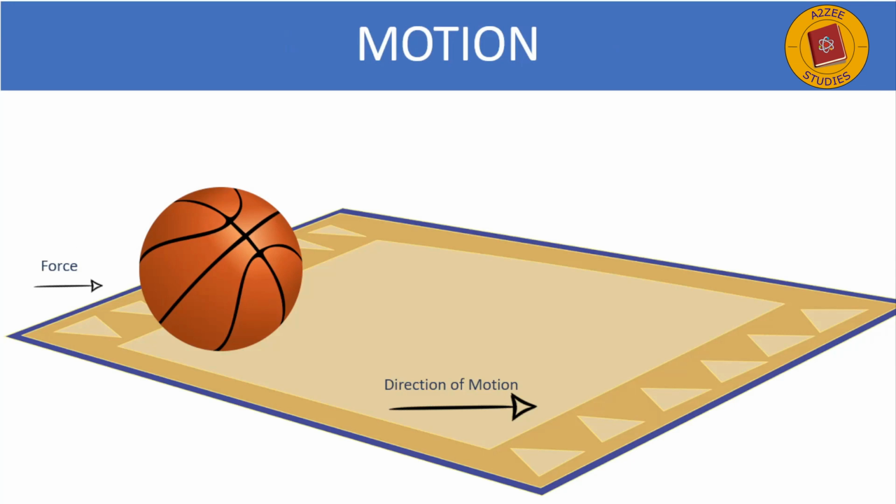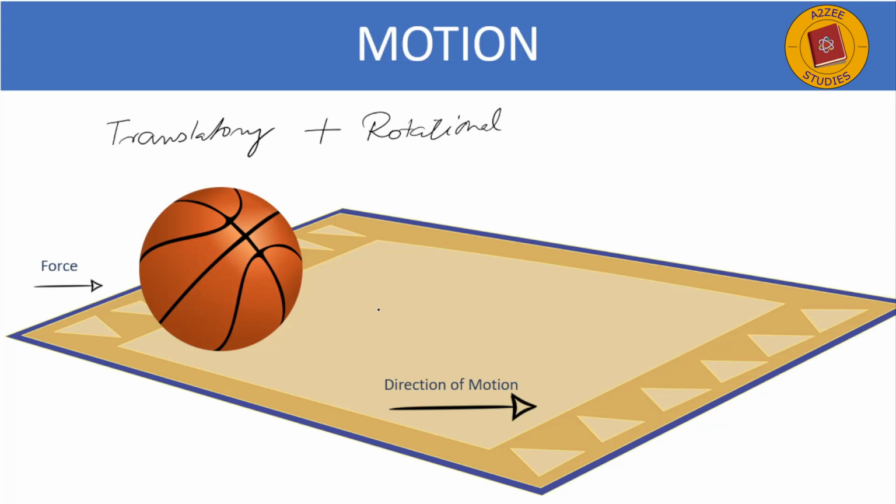Now let's go to motion. There can be two types of motion. One is translatory motion, and another is rotational motion. And there can be a combination of the two motions at the same time. Translatory motion means